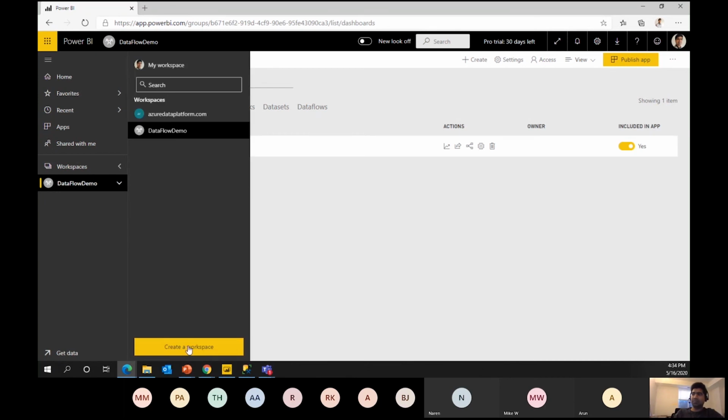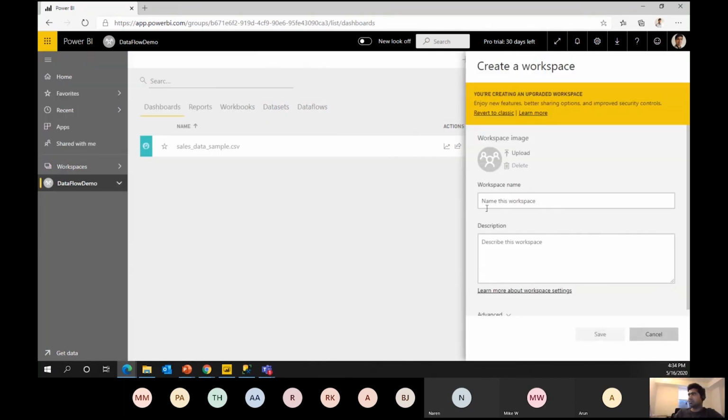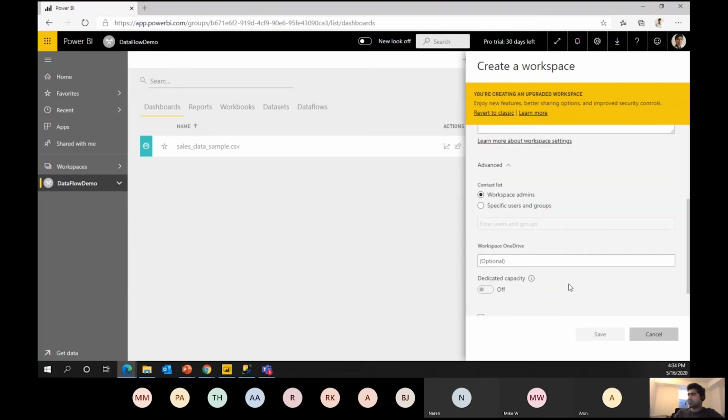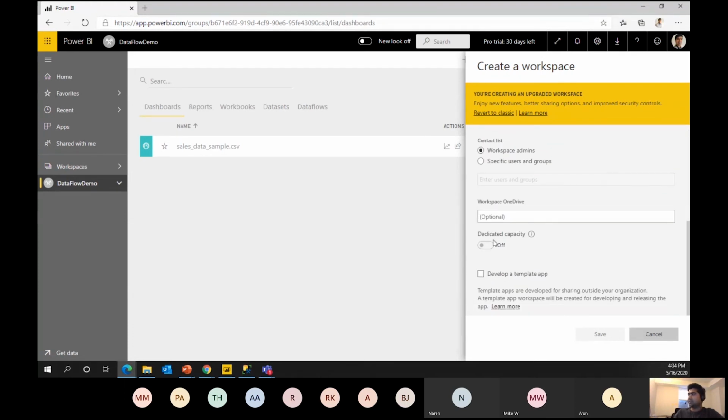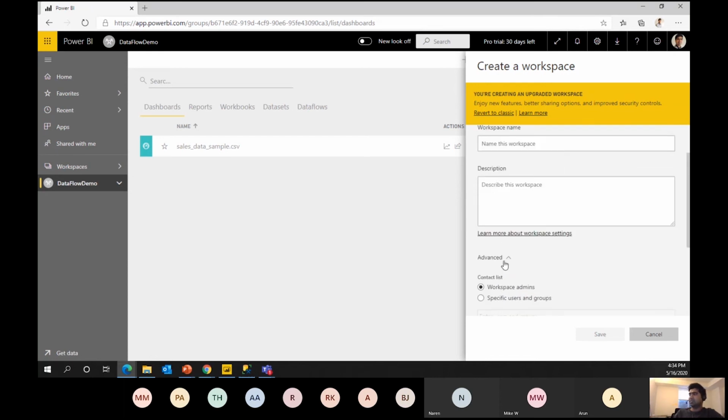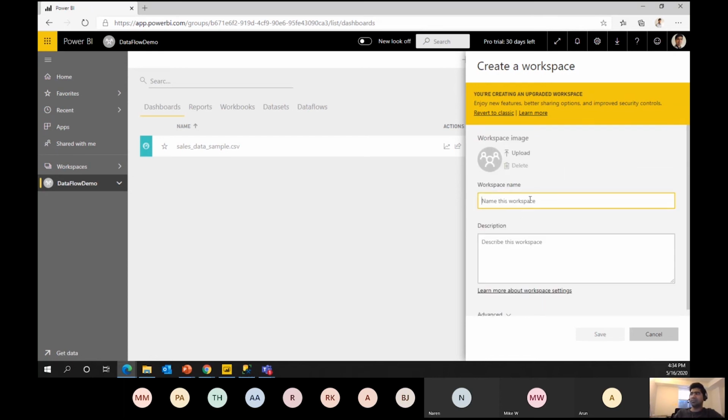You click on Workspaces, click Create new workspace, and give it a name. There are some advanced features here: workspace admin, dedicated capacity, which is disabled for most of us unless it is Premium, and develop a template app. Or you can just go with the default, give a name, and your workspace will be created.